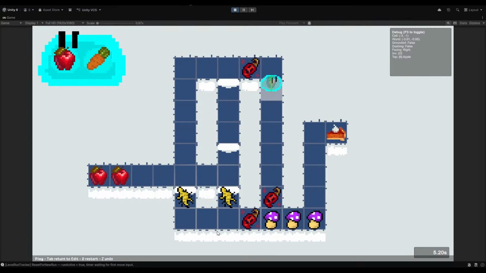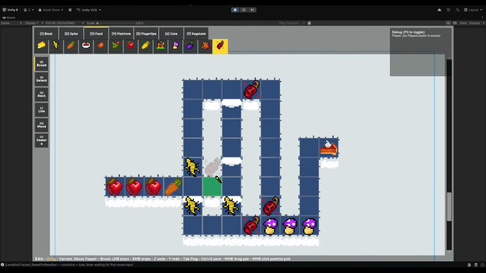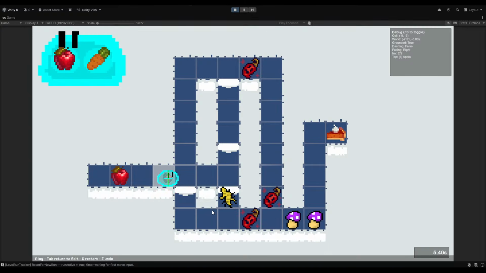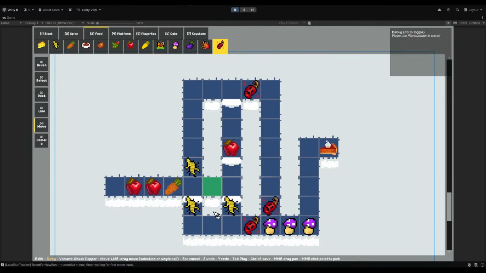So they have to... Well, the first one's just kind of ripped, so I'm gonna move an apple here. That kills the carrot.